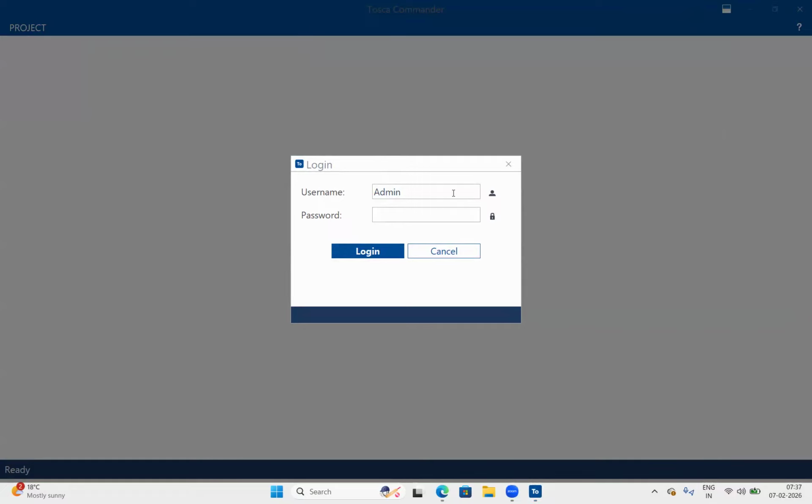So in a multi-user environment, this is very important. Only when you use your respective login details are you able to log into the project. Let me give my credentials, then click on login.